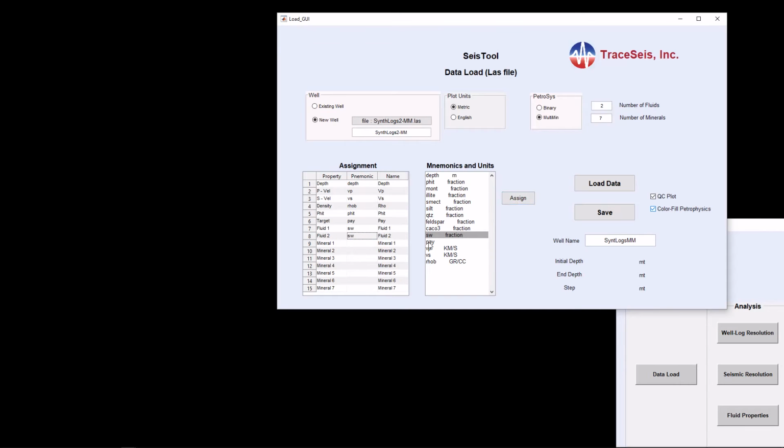We could also have had volume fractions of fluid 1 and fluid 2 and put the different names. When the program sees that it's the same mnemonic, it's going to assume that it's water saturation, and it's going to do the computation internally to obtain the volume fractions of fluid 1 and fluid 2. Let's change the name here to gas, brine, and let's start